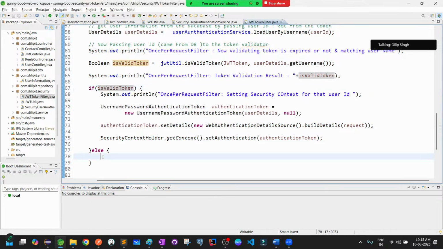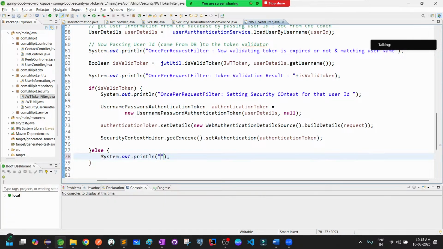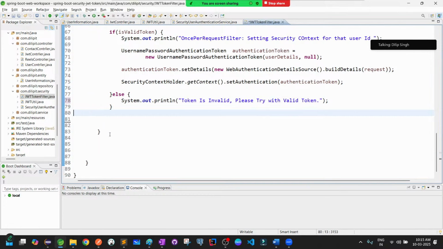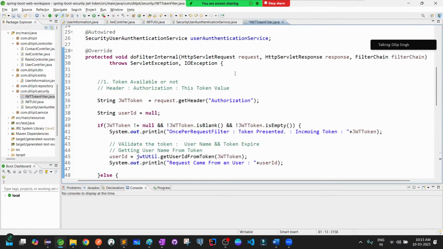In case it is an invalid token, then you will say the token is invalid, please try with a valid token, something like that. We will handle some logic here in case of that. Okay, cool. Now the most important step we have to do here is, if you go to the doFilter method,